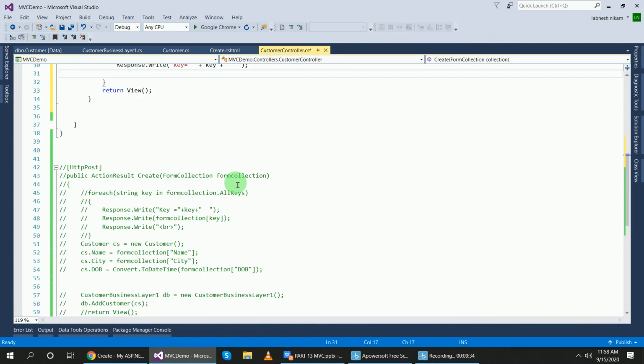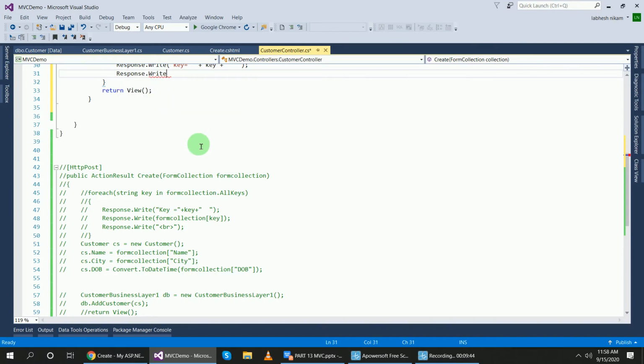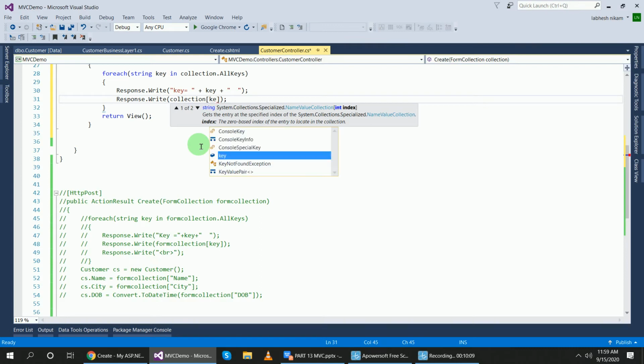and response dot write, what the key of the form object means collection, inside of that pass the key, right?